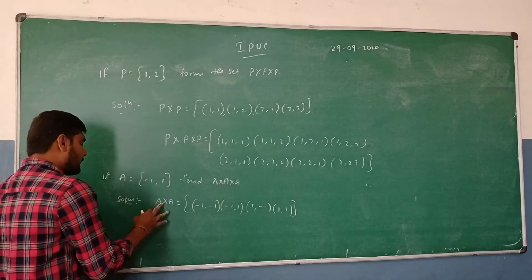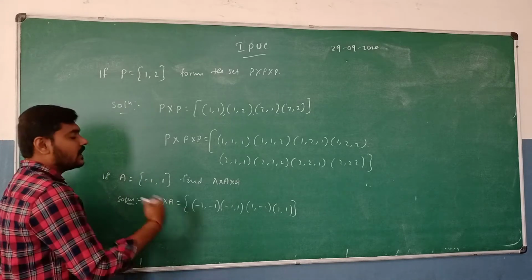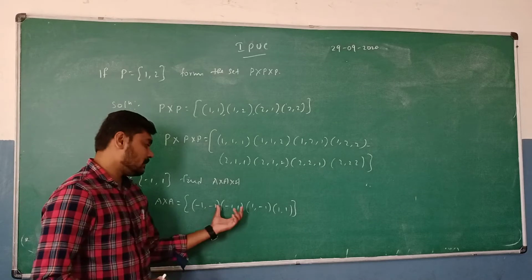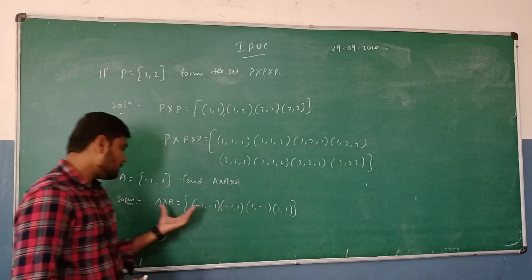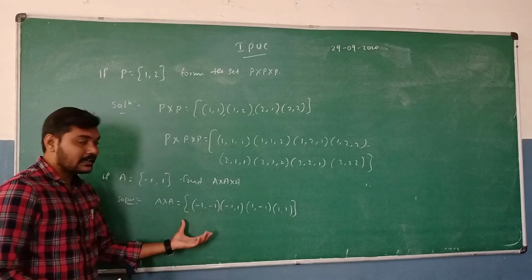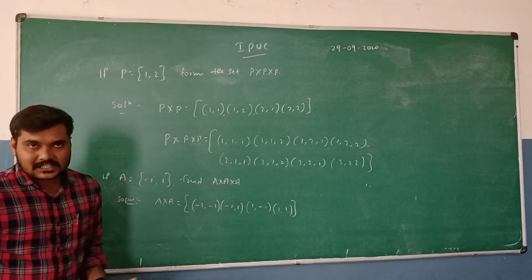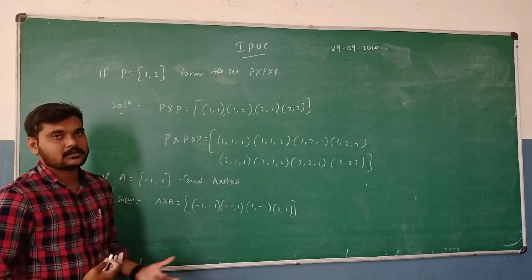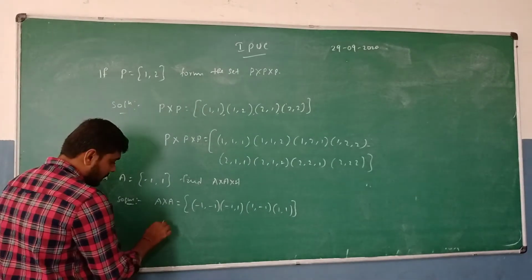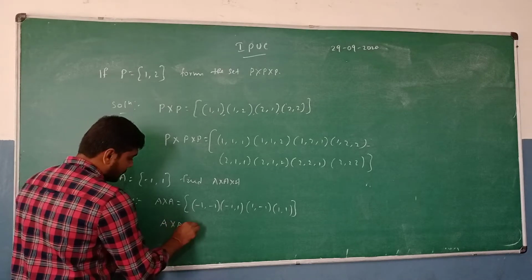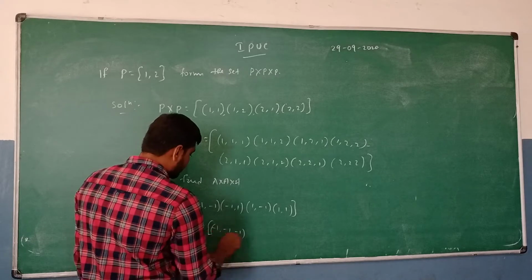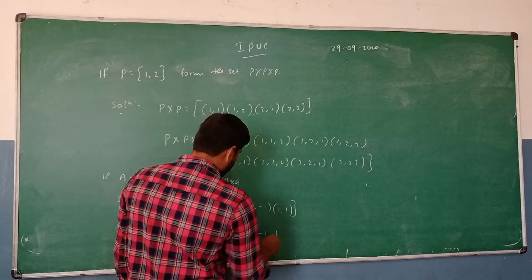Now for these ordered pairs, we again need to find the Cartesian product. The ordered pairs are the elements present in the set A cross A, so we need to form the Cartesian product using the set A, which is equal to {-1, 1}. So then A cross A cross A is going to be (-1, -1, -1), (-1, -1, 1),